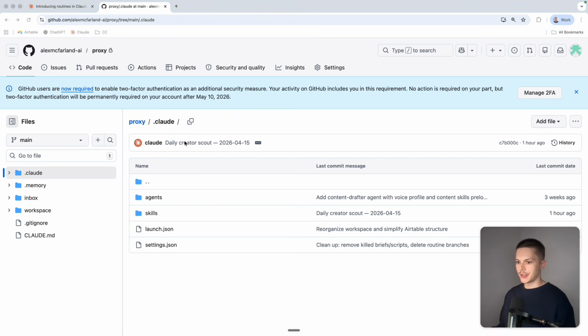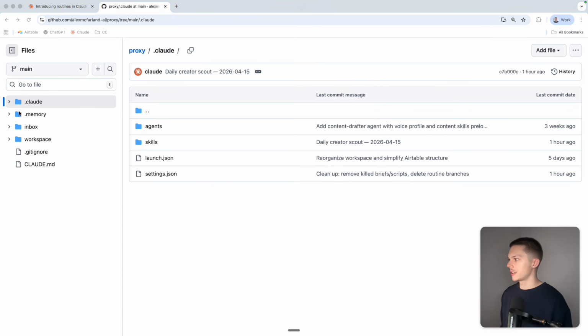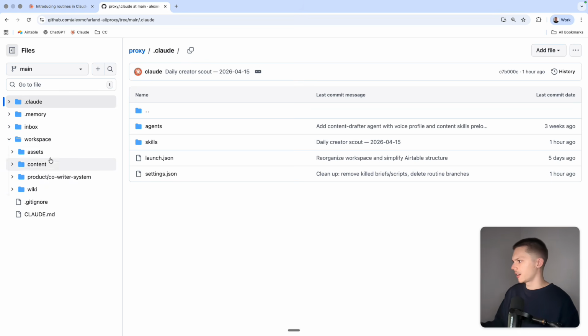And you're going to see the system built out here. We have the .claude folder with the agents and the skills. We have my .memory folder, which I have set up. We have my inbox, which basically acts as an inbox to my agent. I drop stuff in there for it. And then I have workspace, which is all of my content, my products, my content wiki, assets, Substack, YouTube, all of that stuff. But what we're really concerned with here is the .claude